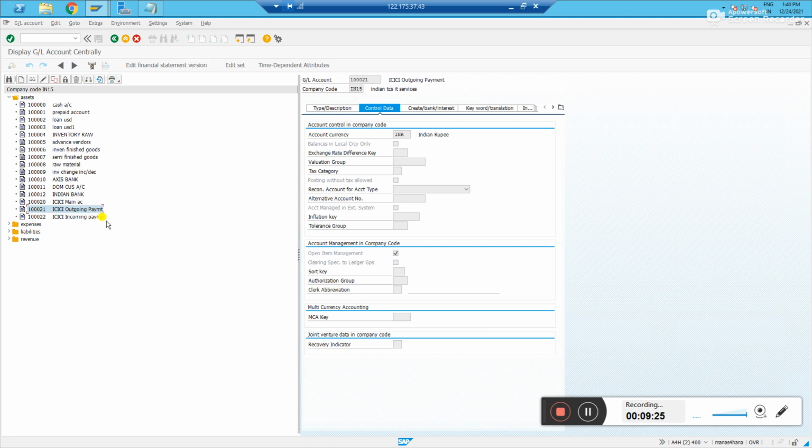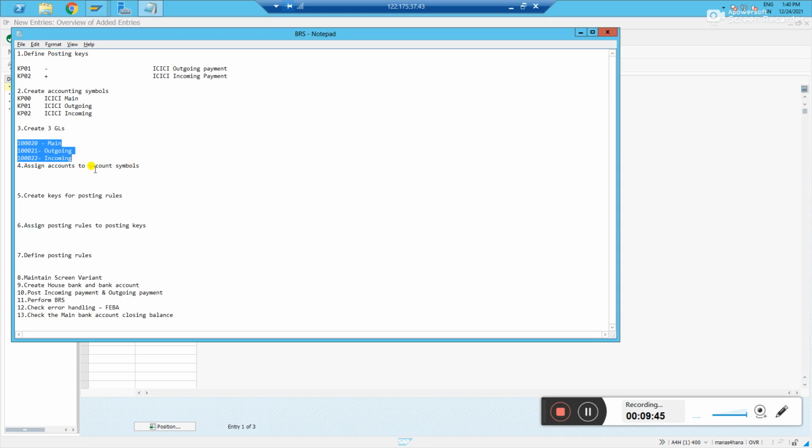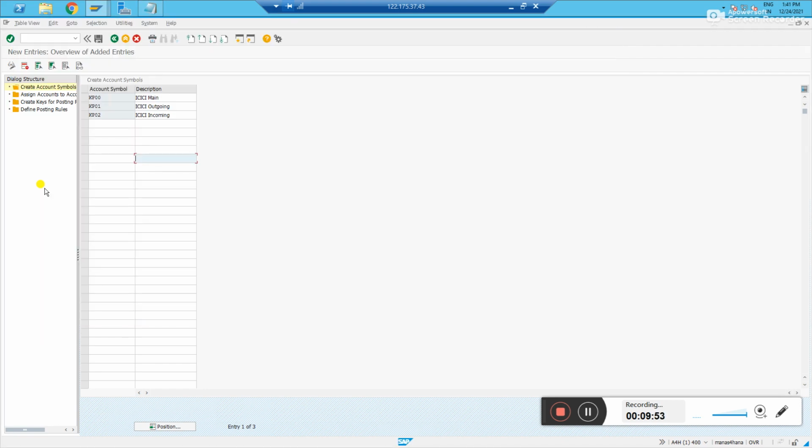Let's say I have 1 lakh rupees incoming; after reconciling with the BRS, the balance will move to the main account. So your incoming or outgoing account will have a zero balance. That is the reason you must select open item management for these two accounts. I have these three GLs already set up. Let us assign accounts to account symbols.